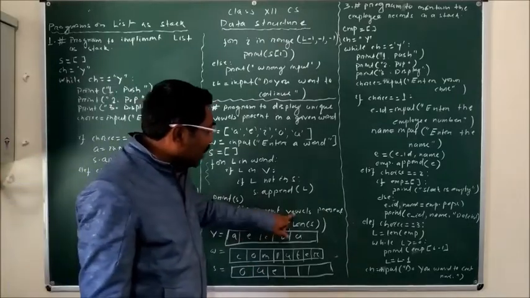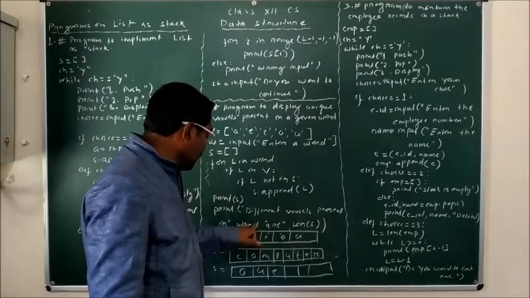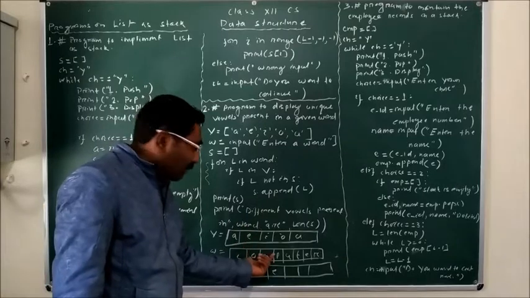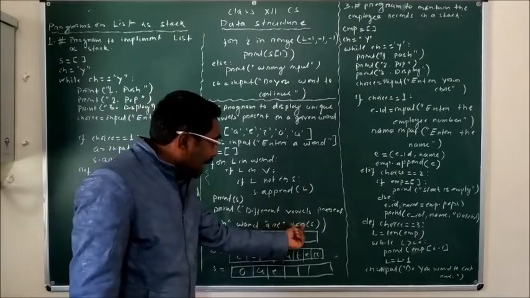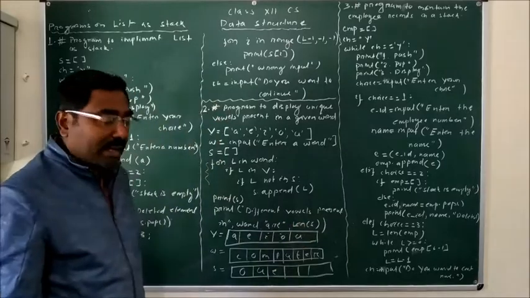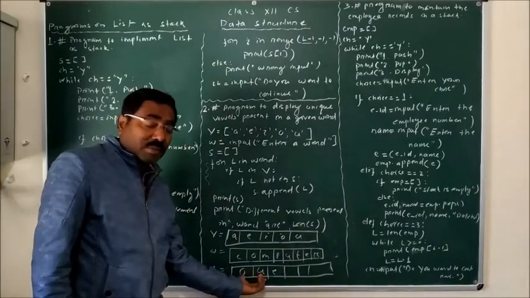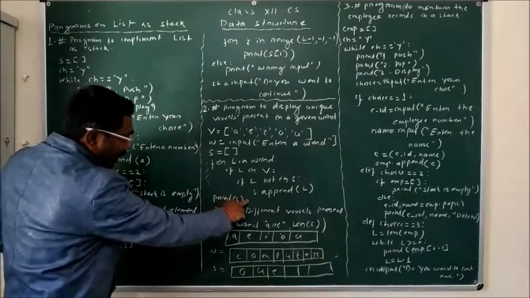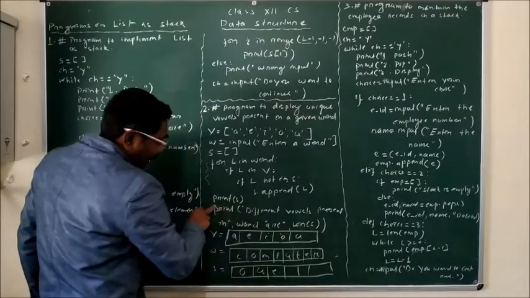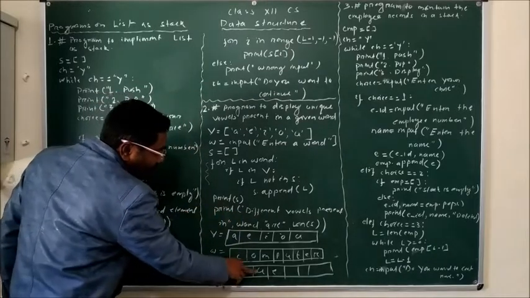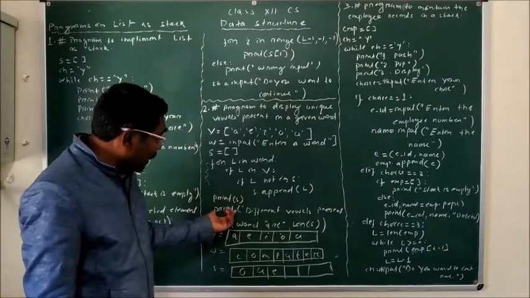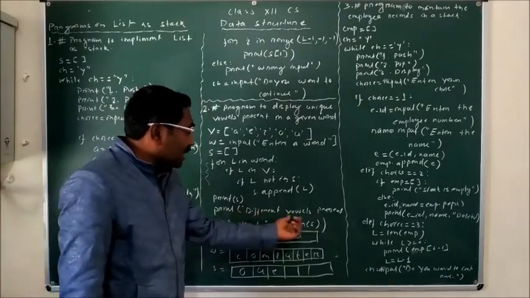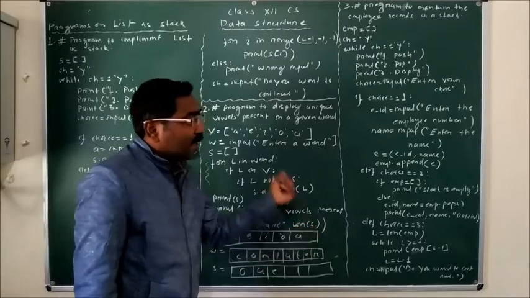Print different vowels present in word. It will display directly as a message, display in word. In case of word, it will display computer. Then R, L, E, and len of S. Len of S is now 3, because 3 characters are there, so it will display 3. So the final output is computer, then in case of this it will display O, U, E, and print different vowels present in word R 3, it will display as a result.